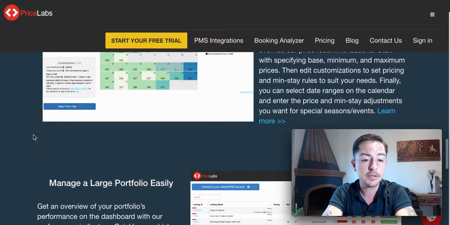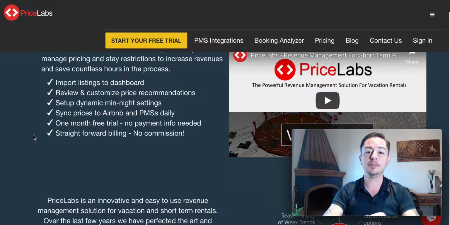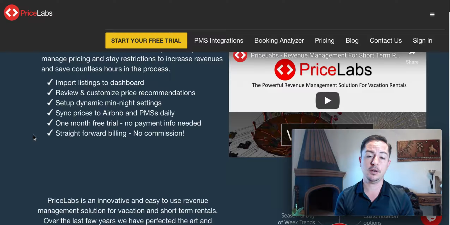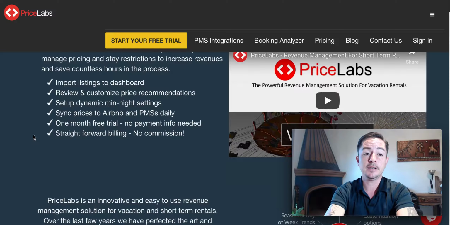So if you haven't gotten a place yet and you're trying to do some research on figuring out how profitable it would be, they will give you a full report on other places in the area, similar places, what they're making, what they would recommend your price at, and all that kind of stuff. And so you can get a full report, which is great, not only for yourself and your own research,